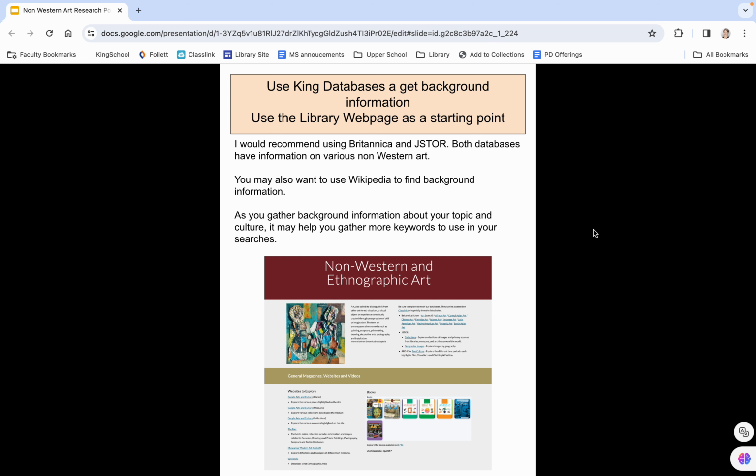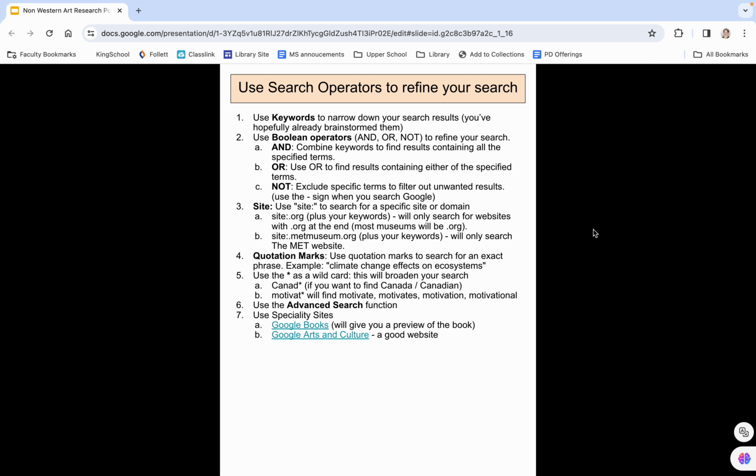keywords. When you use Google, you may want to use some search operators. This will help make Google work for you. Okay, I would recommend using Boolean operators: and, or, not. That way, when you're searching, adding a capital AND puts your words together and tells Google it must find these